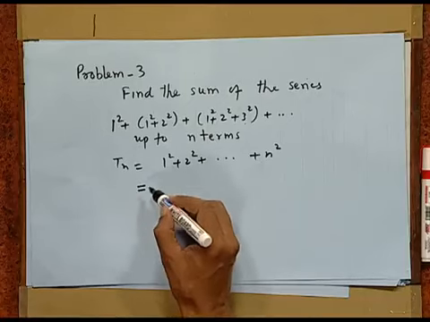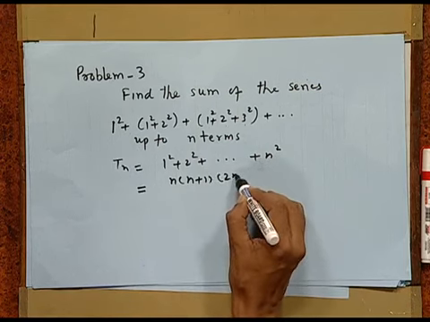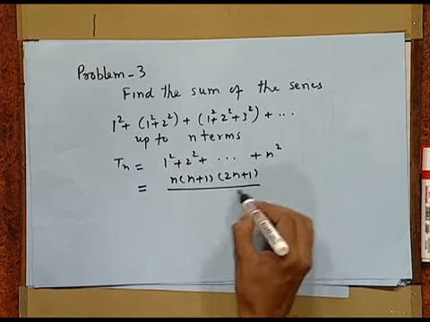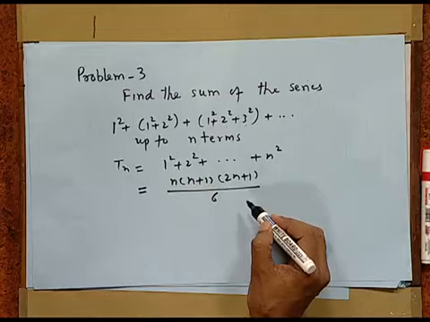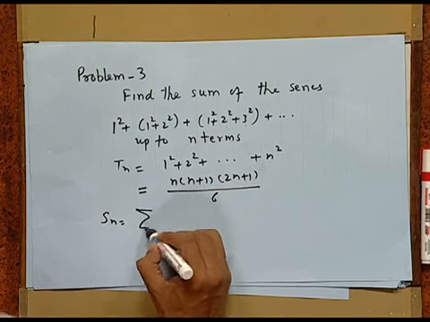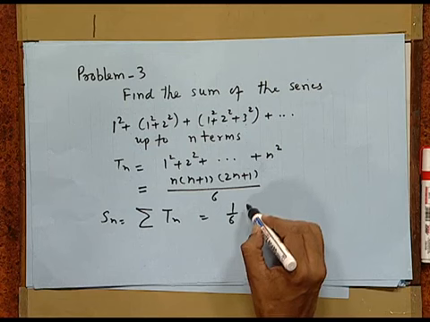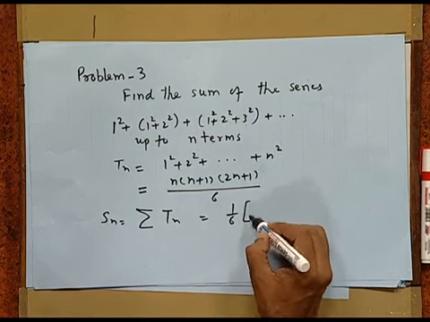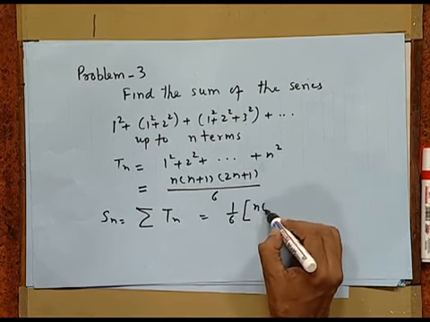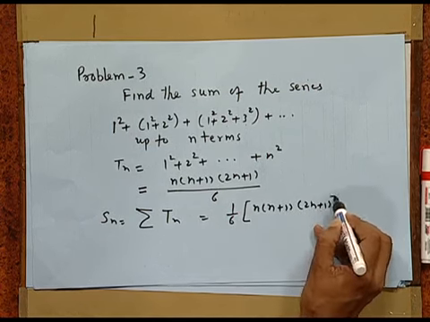So, we first find the sum and we know the sum already, that is n times (n+1) times (2n+1) upon 6. Now, this is the value of Tn. We want Sn. Sn is sigma of Tn, that is 1/6 sigma of n times (n+1) times (2n+1),